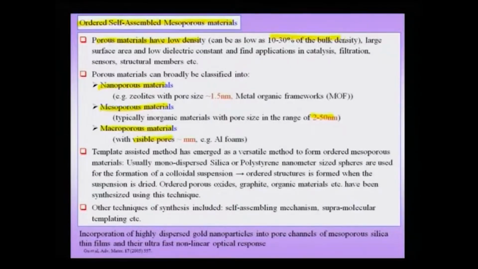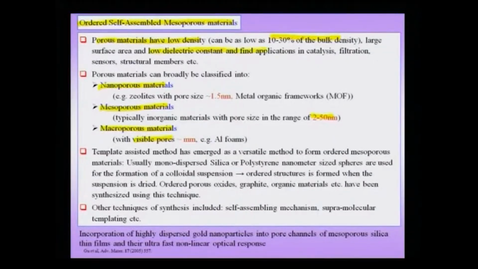we have pores as part of the structure, and therefore there could be a reduction in the density, and the density of the porous material could be about 10 to 30% smaller than the bulk density. Such materials obviously have large surface area, some of which is internal of course, and some of which is external, and therefore this surface area and low dielectric constant give it a lot of applications, especially in catalysis, filtration, sensors,